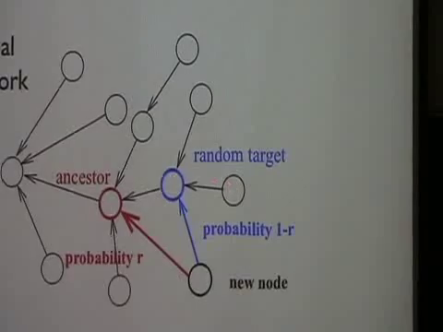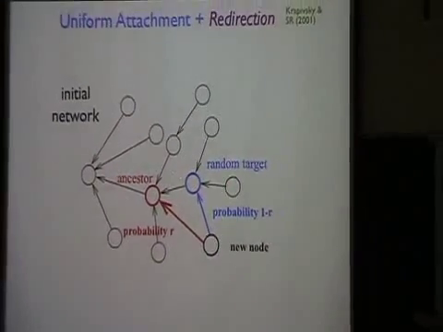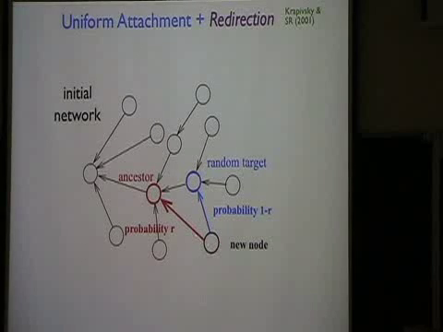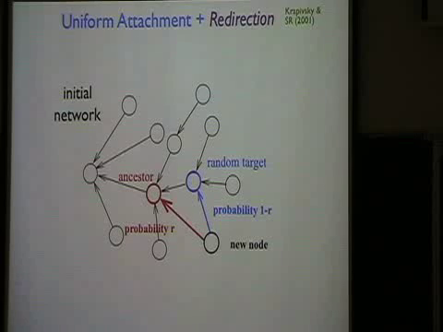So again, I pick a random target. With probability 1 minus r, I'm happy with who I picked, and I just attach to it. And with probability r, I go to the father of this node. This seems very innocuous in that it shouldn't make much of a change. But in fact, there is a very important geometrical feature of the network: the average degree of the ancestor is very different from the degree of a random target you can pick. I think I mentioned this in a comment earlier in the week: if I pick somebody random and ask, how many friends do you have? Say you have 5 friends, and I say, pick one of your friends. And then I ask, how many friends does your friend have?